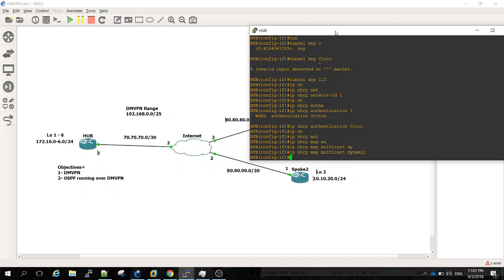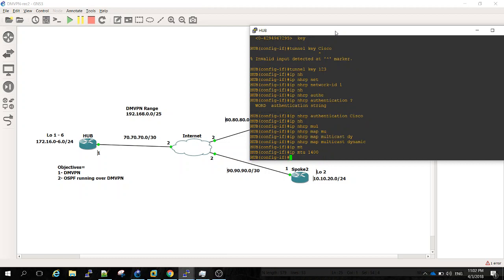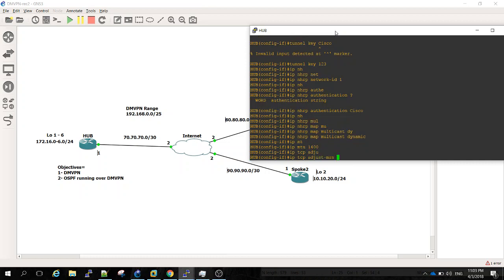Okay, IP NHRP map multicast dynamic, and then I would put IP MTU 1400. And why? Because, as you know, the default MTU value is 1500 bytes, so we just put 1400 to leave out some room for GRE encapsulation to not exceed the 1500. So we will put also IP TCP adjust MSS